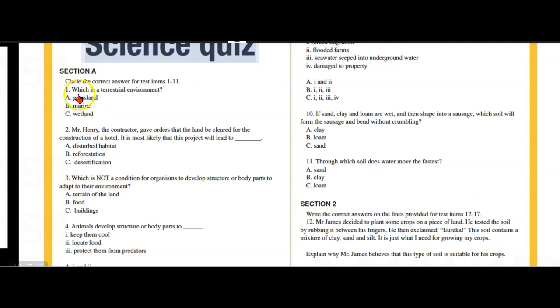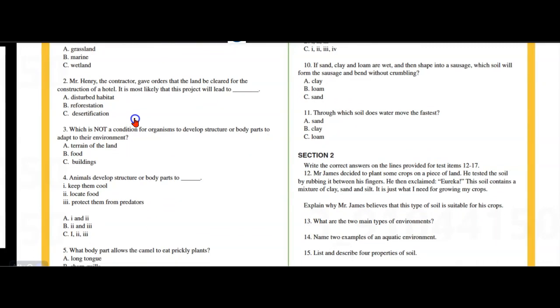Now, which is a terrestrial environment? Is it a grassland, marine, or wetland? So A, B, or C. Number 2, Mr. Henry the contractor gave orders that the land be cleared for the construction of a hotel. Is it most likely that this project will lead to? So the project of creating a hotel that requires land to be cleared will lead to disturbed habitat, reforestation, or